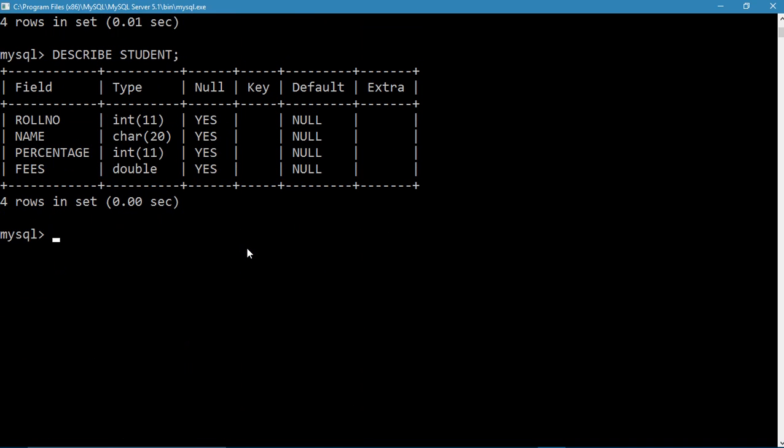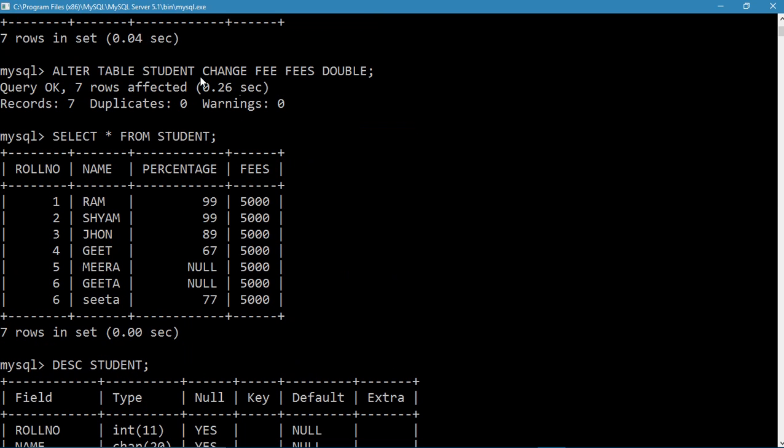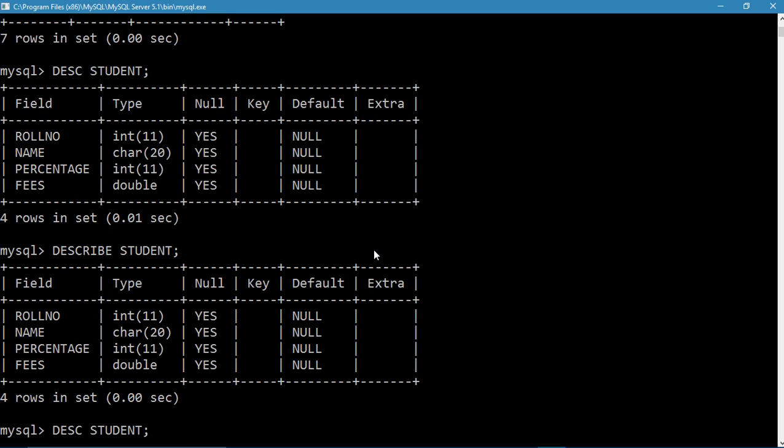otherwise you need to use modify. So again we'll be using alter command, but this time we'll not be using this change attribute, we'll be using modify. So I'll make changes in this only. I don't want to change the name now.